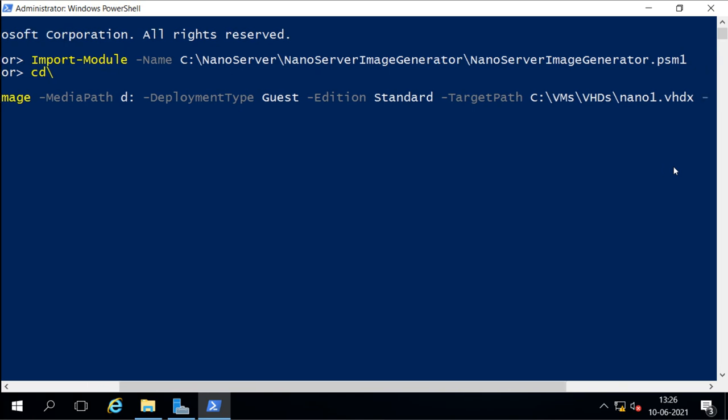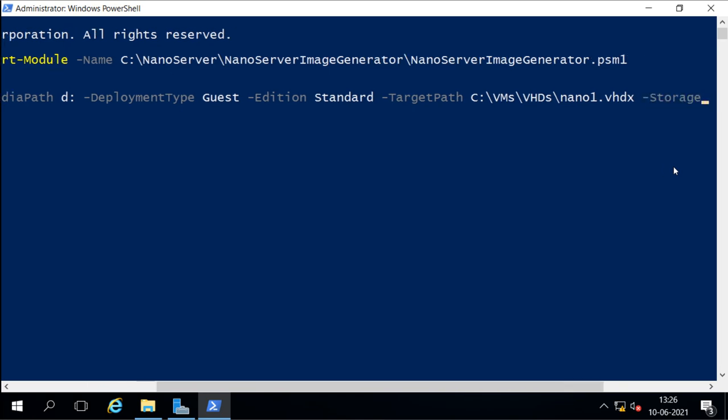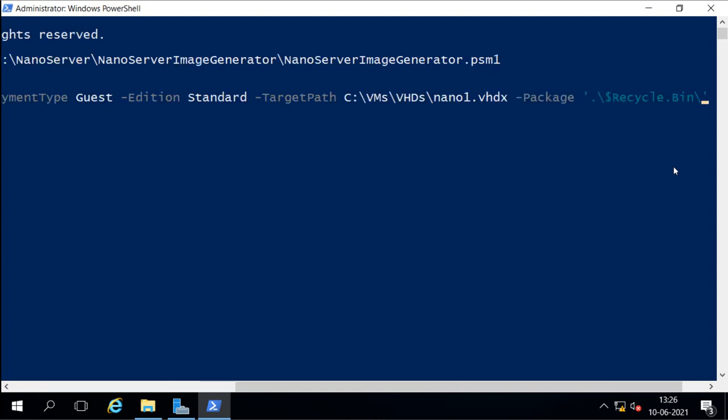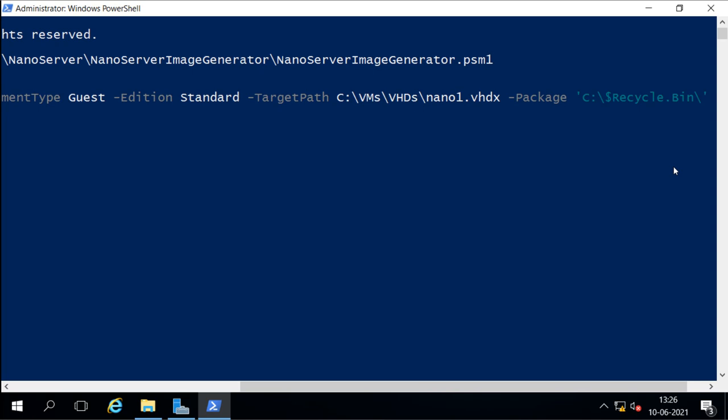Now the next option is for package. The package depends on what package you want to install. The packages are under the nano server location, under the packages path.